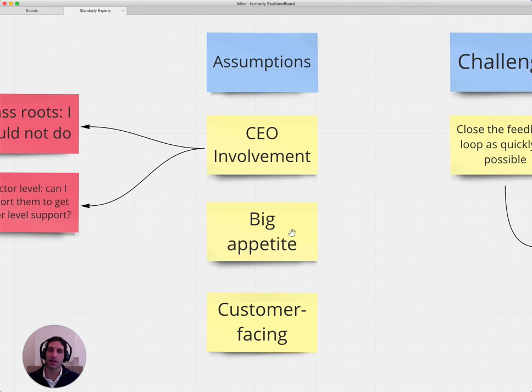No, it's something meaningful. Maybe their backs are against the wall. There's some market pressures that dictate that. So one leads to the other here, and the last one is they should be customer facing. It should be something external, not just some internal cost saving effort that they have.